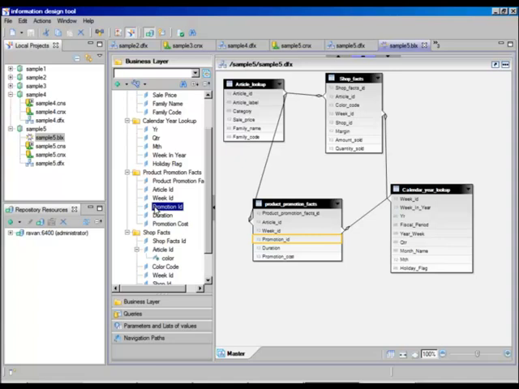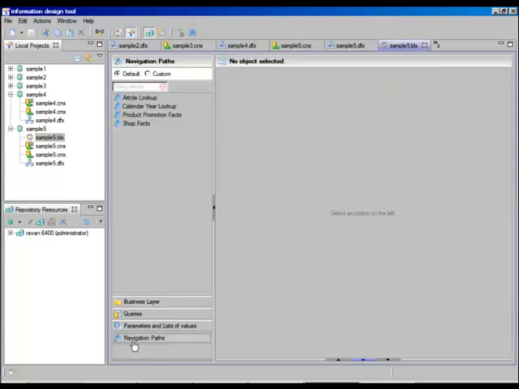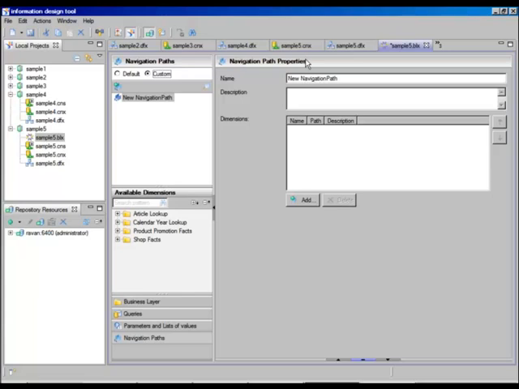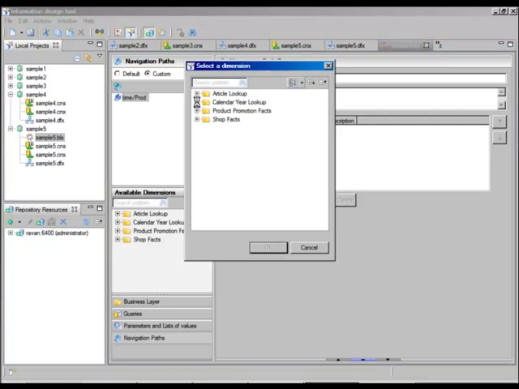For drill through and drill across in BO, you need to make a hierarchy called a custom hierarchy. If you want to make a custom hierarchy, you need to go to navigation paths. There you have custom. Just enable custom and click on add. I'm creating a custom path based on time slash product, and then click on add. If you want to give them a chance to take year,